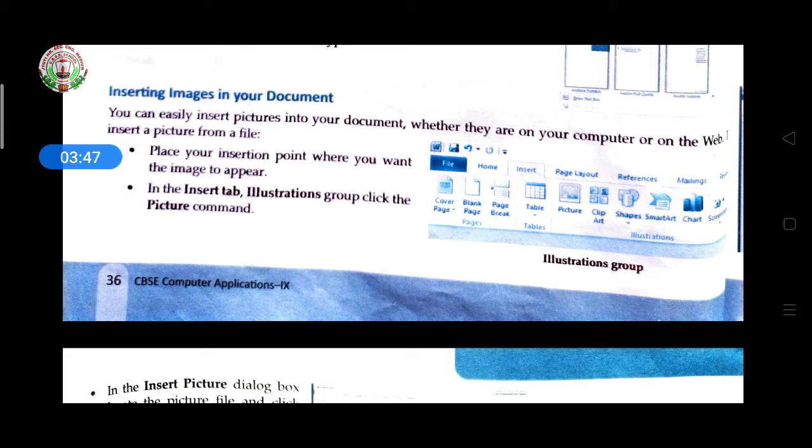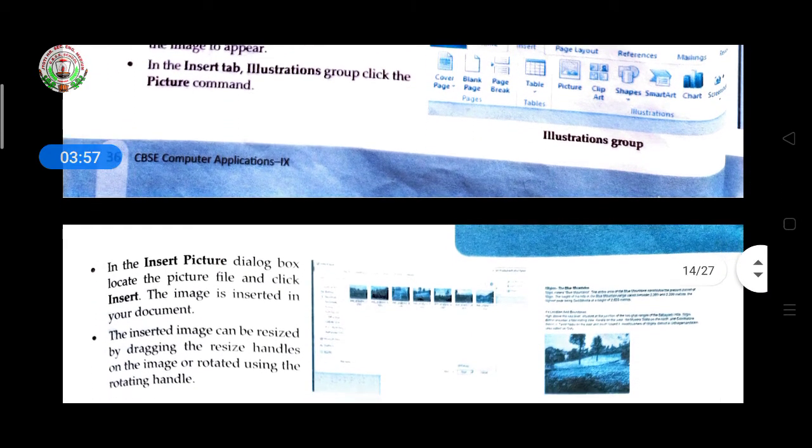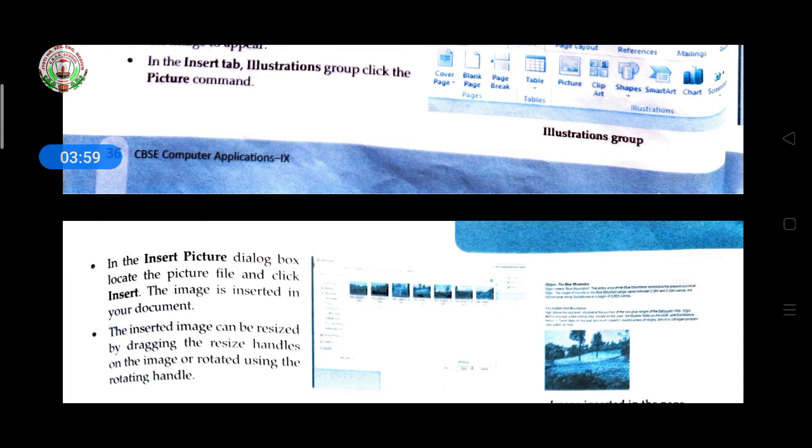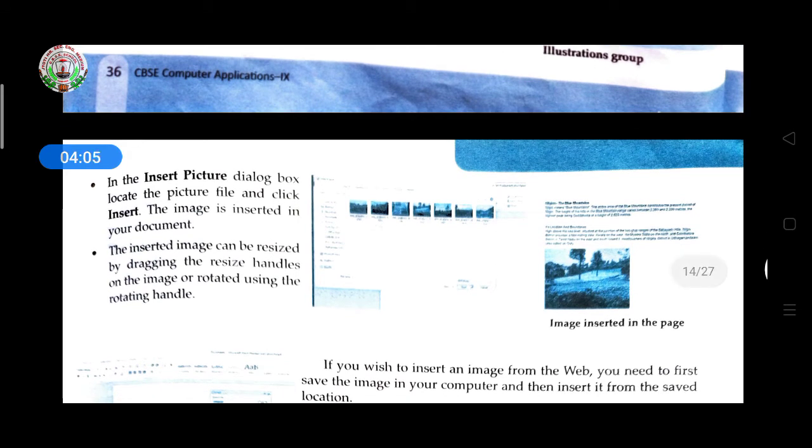Then go to the insert tab, illustrations group, and click the picture command. Then in the insert picture dialog box, locate the picture file and click insert. The image is inserted in your document.